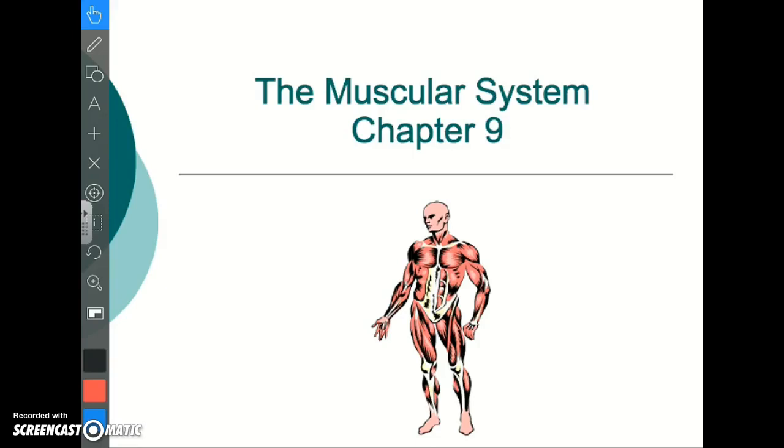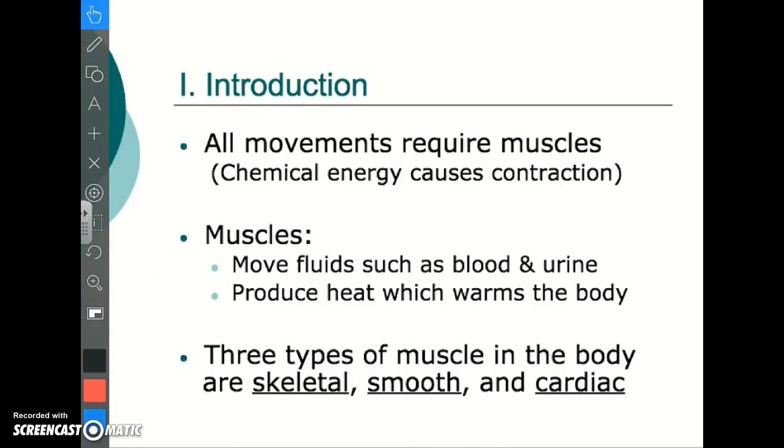Alright, today we're going to take a look at the next chapter in our system, which is going to be the muscular system. As we look into the muscular system, we know we talked about in the tissue unit there are actually three different types of muscles that are going to be found in our body. And those three muscles are going to correspond to different movements of the body. Now, all movements are going to require some sort of chemical energy to cause a contraction, and within this unit,